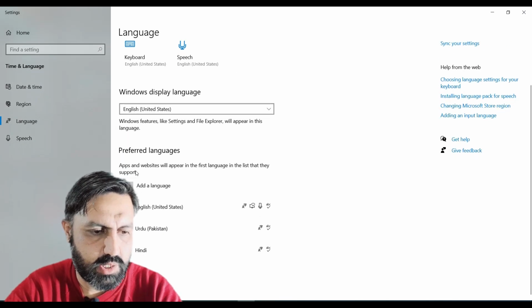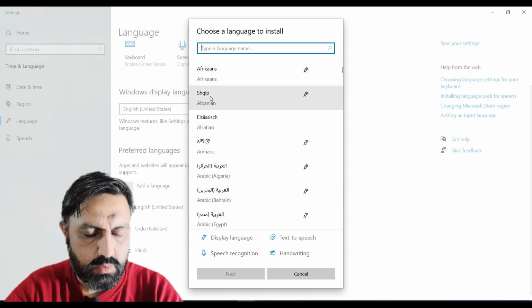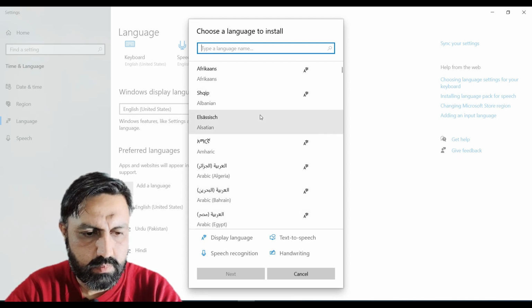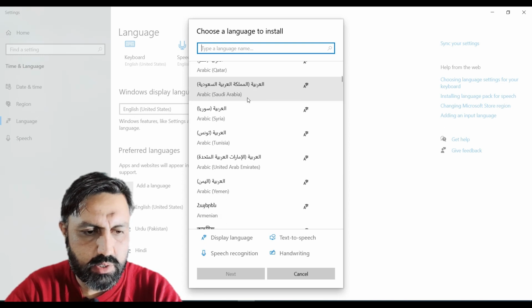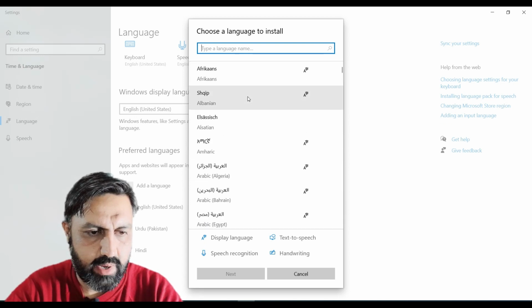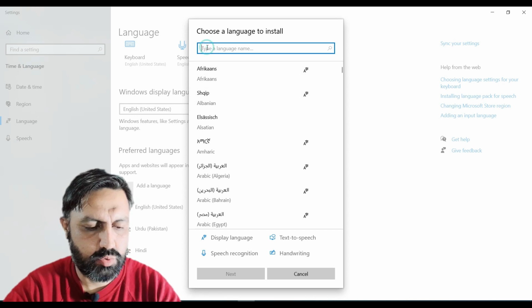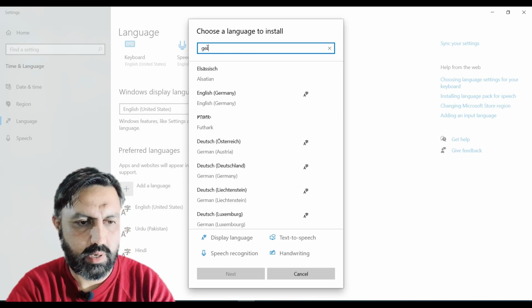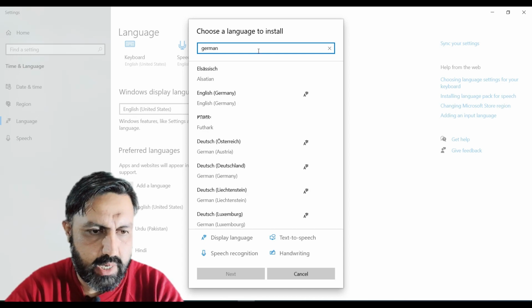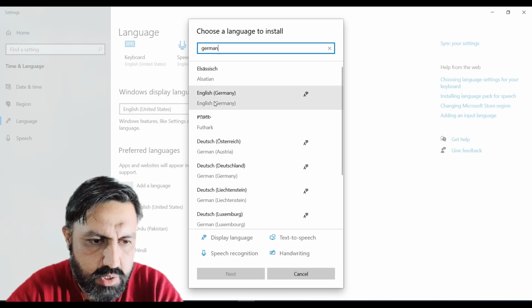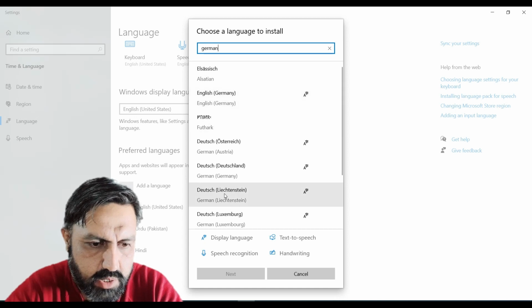So from here you see the edit a language. Already English United States is installed, and Urdu Pakistan and Hindi India are installed. So we click on edit a language. From here you see all the world's top languages. In this video we choose the German language. So I write German, and from here you see English, Germany, Dutch,